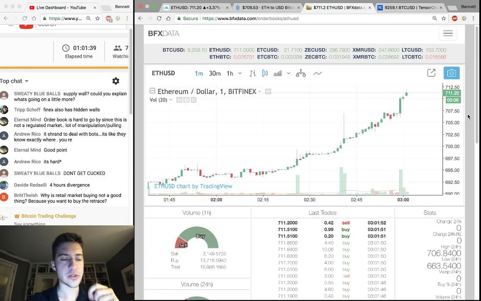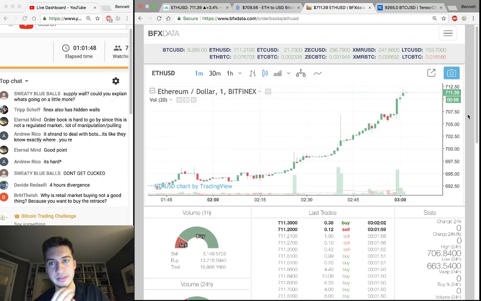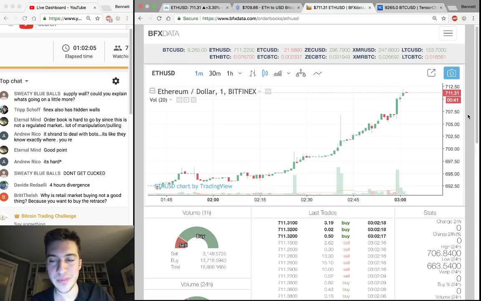Yeah, so there are multiple reasons why retail buying is not good. The first reason is that if retail keeps market buying, the price at the current moment probably won't go down because they're just buying it. And the second one is that there are only so many buyers who are going to buy into a trend to press the price upward. And when everyone who wanted to buy has already bought, that's going to be the trend reversal and price goes down. So if all the retail just mass buys into the market,